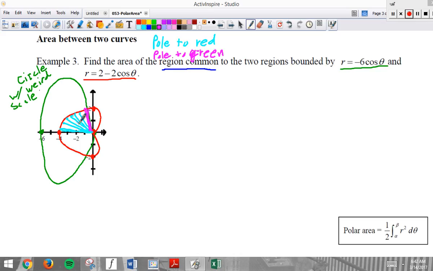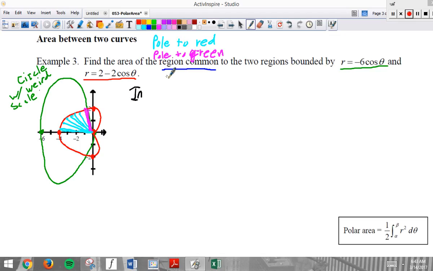There's going to be a pink region here where what we're touching, if we're going out from, is not going to be bounded by the red curve. It's going to have to be bounded by the green curve to come back to the pole. And this is why it's hard to imagine using polar coordinates, and with bad drawings especially. But the idea is, to get back to the origin, I'm going to have to follow the green guy for a little while. Okay? So the first thing we need to do, just like in rectangular,